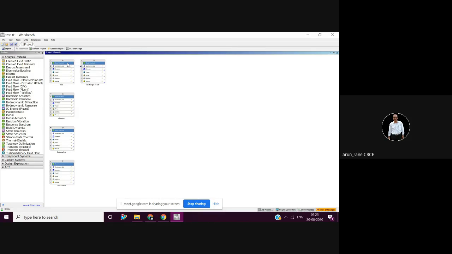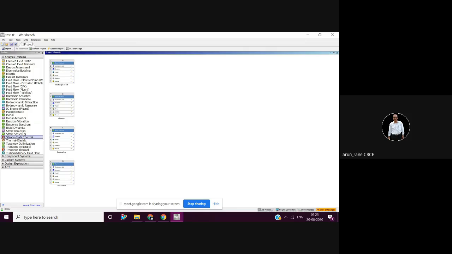I'll show you how to do the analysis. If you want to delete, go here and right click. Once you right click, there is an option called delete. Then it asks for confirmation, you say okay, and it gets deleted.